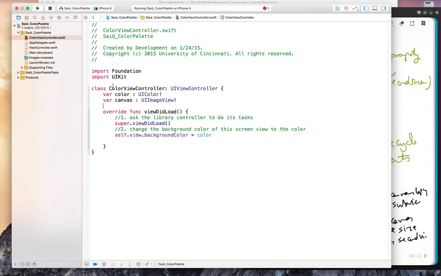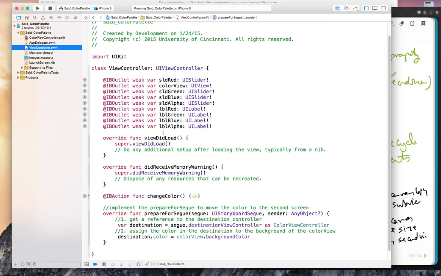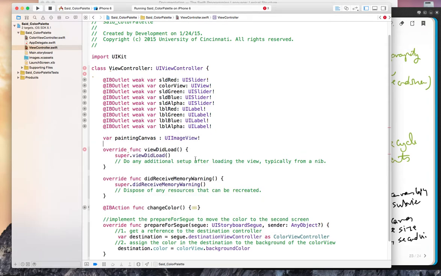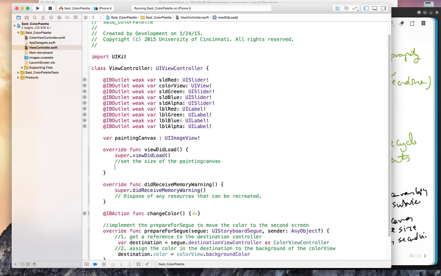Then I go to the first view, and I will do the same. So I will say variable, and I'm gonna call it painting canvas and give it the type UIImageView and add the optional. Then in the viewDidLoad, set the size. So I'll say the painting canvas